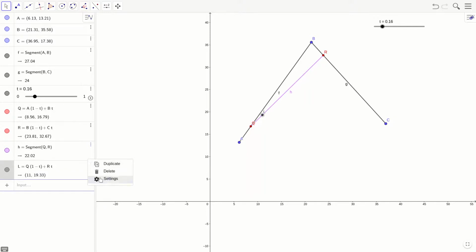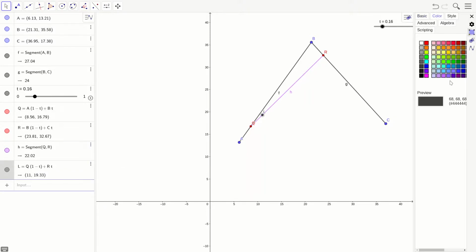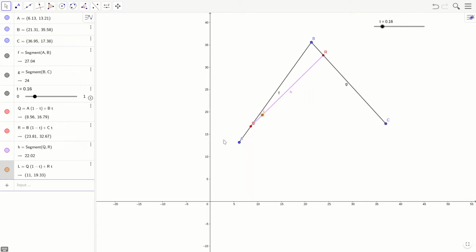I'm going to select and change its color again because this color really looks boring. Alright, what should I color it with? Orange, fine. Let's go ahead with that. So now when I change T, my Q and R positions change on AB and BC respectively, and L also